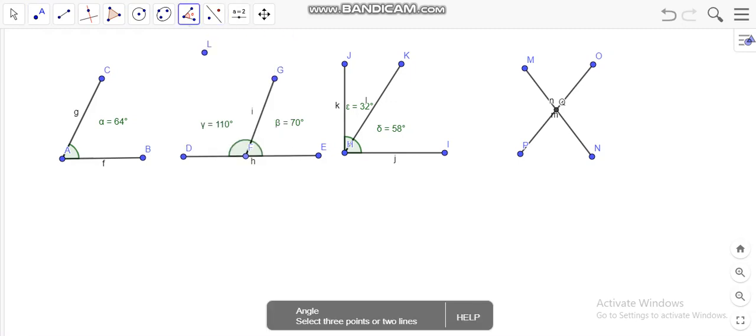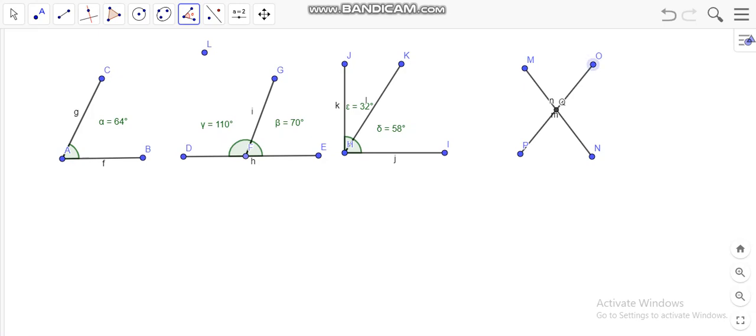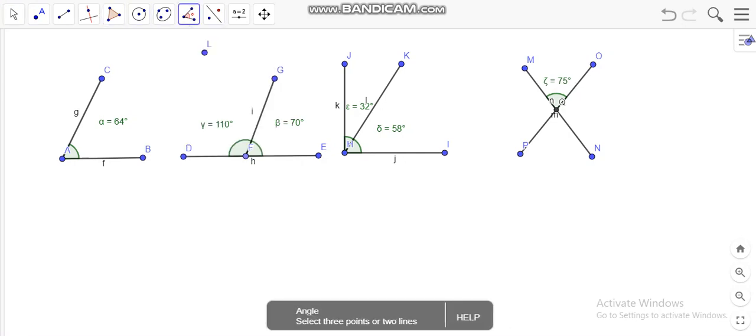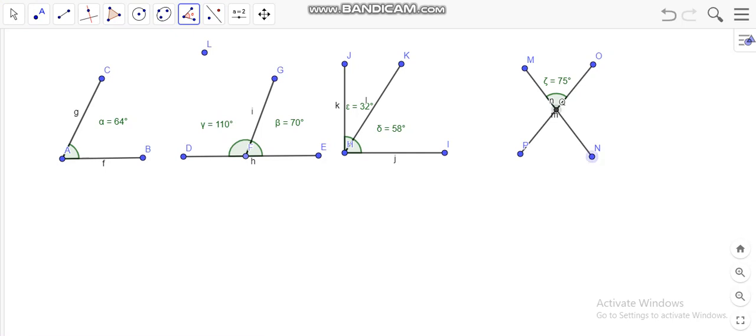Now we go over to angle once again, click on O, M or N, Q over here. Now we have 75 degrees. Let's move that. Okay. Now let's measure this angle, which is this. Now you see, this is where I went wrong. Let's correct our mistake. You actually have to start at this side, the P side, because it's a reflex angle. You have to go anti-clockwise in this. Then you click on P, M and N.